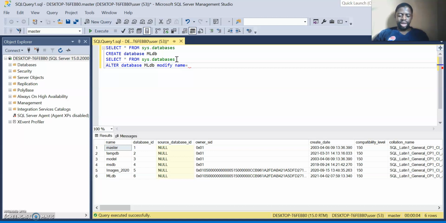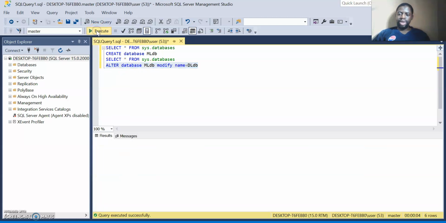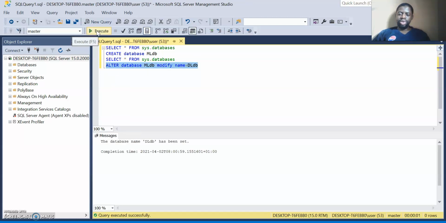I can say ML deep learning, DLDB. So while writing this now, I want to change the name of the database that I've created already. Then I will execute. When I execute this, it would actually change the name of that database.